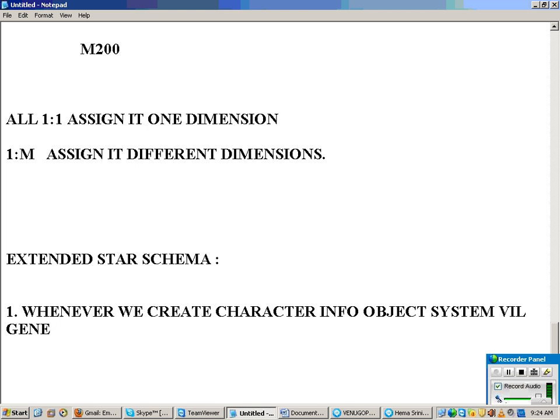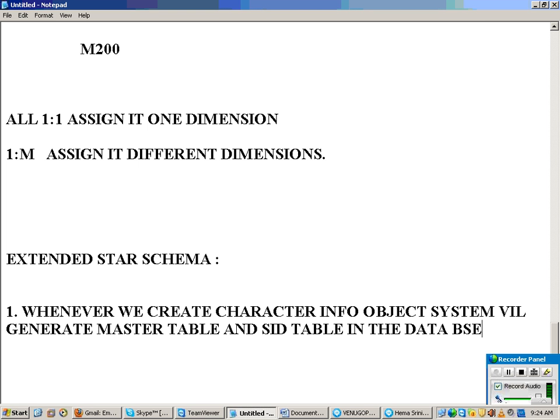The system will generate a master table and SID table in the database. So you create the info object at the front end, but there is an impact on the database.